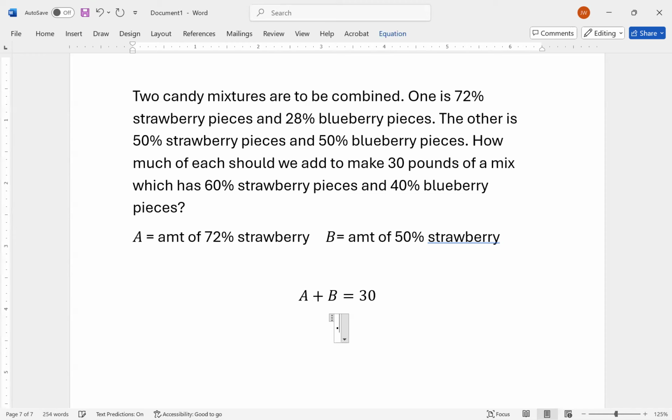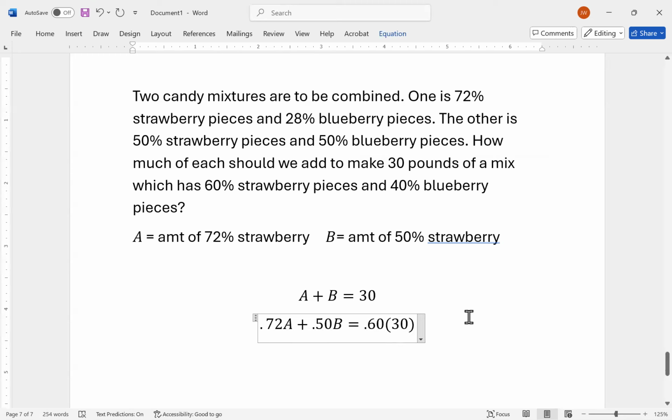That is 72% of mixture A is strawberries, 50% of mixture B is strawberries, and that better give me out 60% strawberries in the final make of 30 pounds. So I get 60% of the